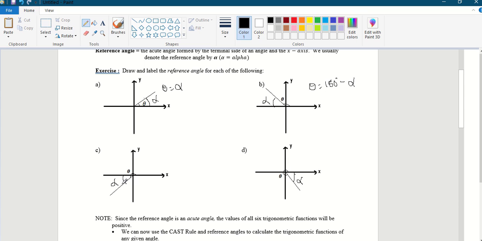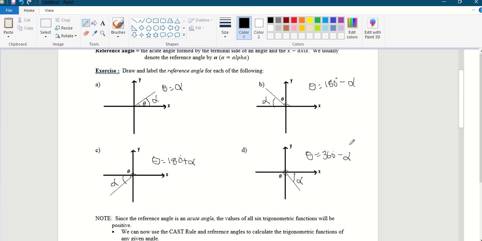So in this quadrant here now, we know this entire angle is theta, while this is alpha. So theta is basically a little bit more than 180, and that more is alpha. So the relation here in the third quadrant between theta and alpha will be like this: theta equals 180 plus alpha. And in the last quadrant, quadrant 4, theta is all the way from here to here to here, and alpha is this. We know one complete circle is 360 degrees. So theta here will be then 360 minus alpha.